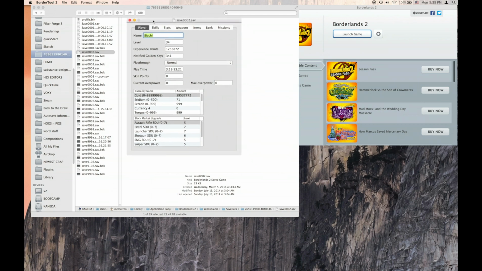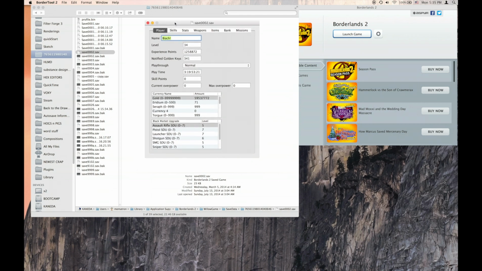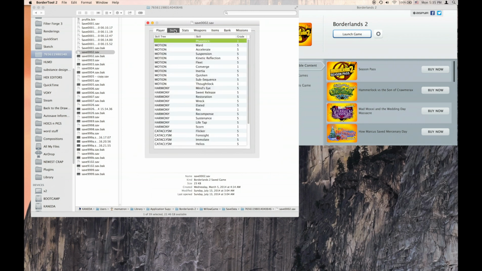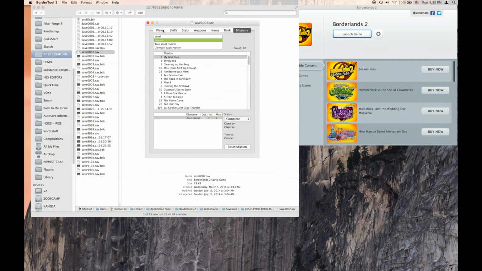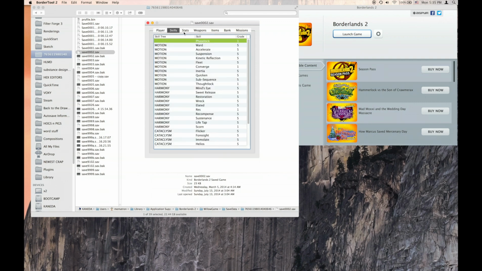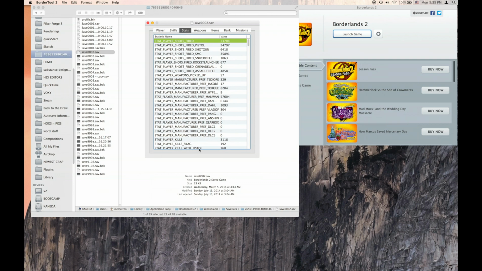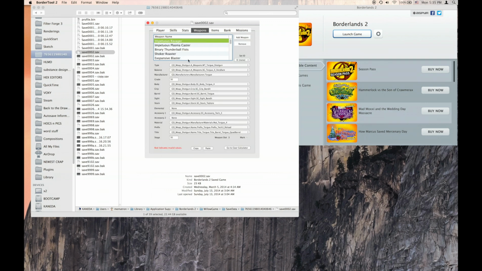Now, one thing you have to remember, at least in this one, is to remember the tabs that you're in. There are different tabs: player data, skills for that character, the stats, the weapons. These two tabs, weapons and items, are for weapons that are in your backpack. So just remember that. In Gib Save Editor, it literally says backpack, so you know you're in the right place. Everything I'm doing in here is related to the backpack. So anyway, weapons, items,